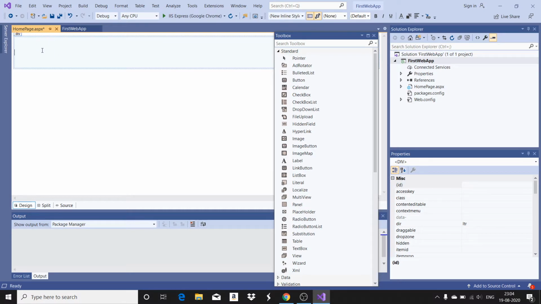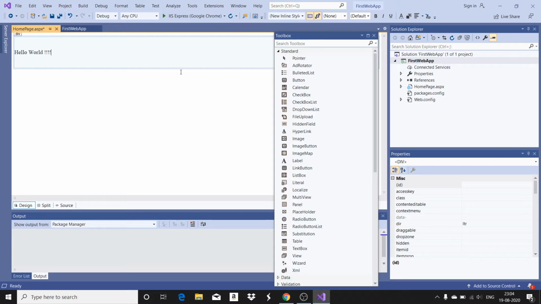So what I do now, I just type hello world. As usual, we will always have the hello world program as the first program. I have hello world, right? So that means I have created one web page using the .NET framework that uses the C# language. Fine, I have created it. Now I'm going to run the application.